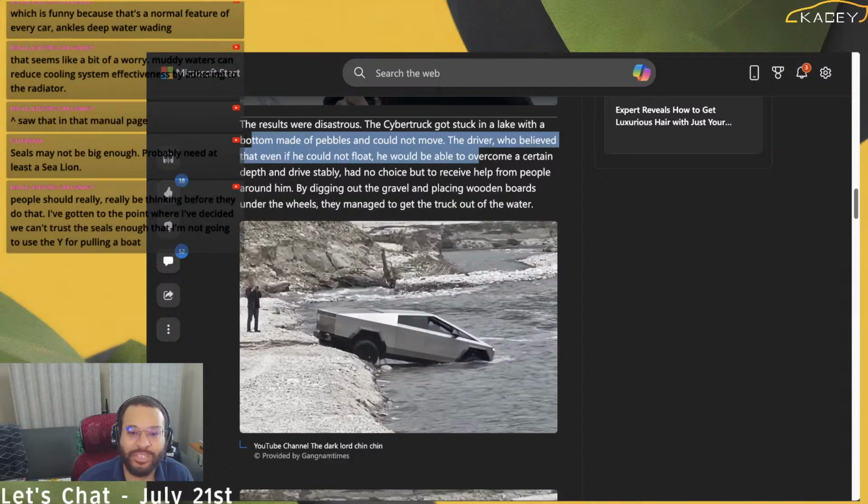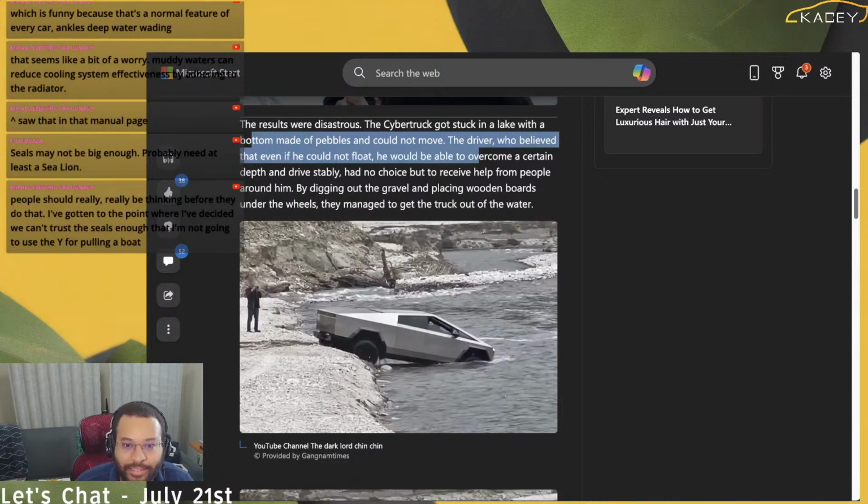He had no choice but to receive help from people around him. And yes, he's in the Czech Republic where the vehicle is not yet on sale. So maybe he didn't have self service, right? The manual is built into the firmware, so even without service, you can read your manual. There could have been a language barrier, but if he knew enough that Elon said one day perhaps it could be a boat, then he could find translation services for the manual.